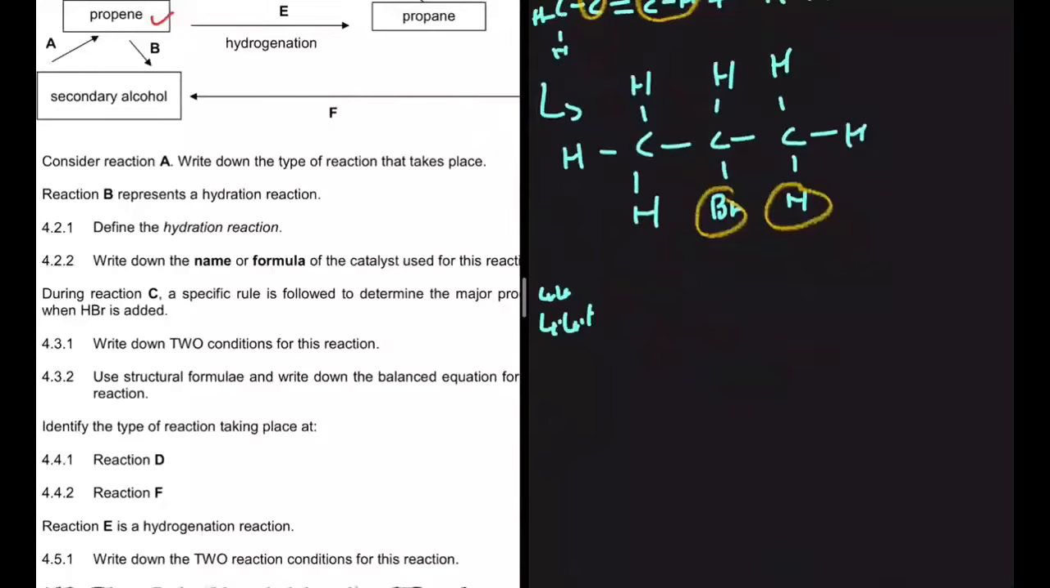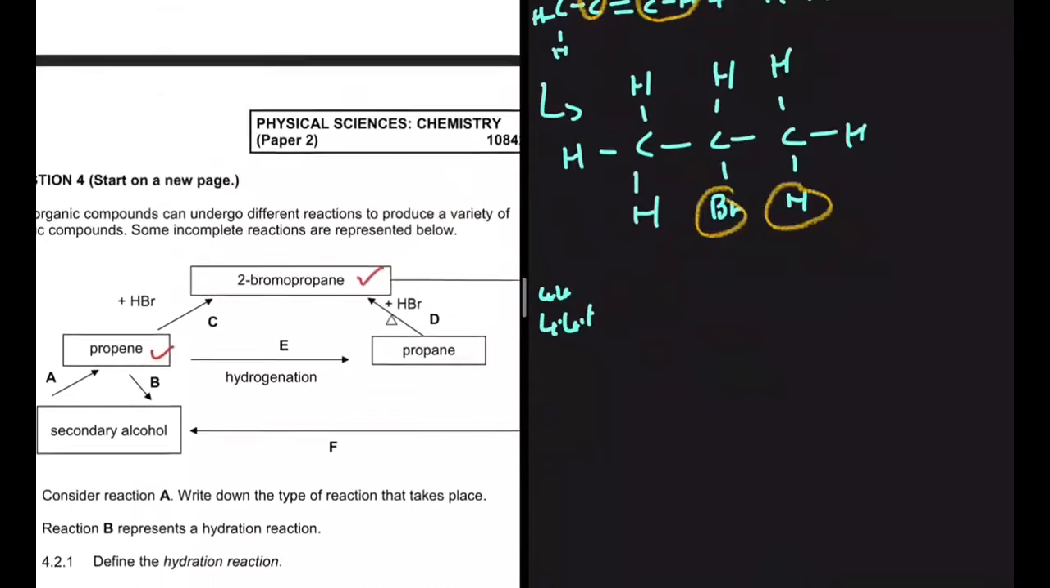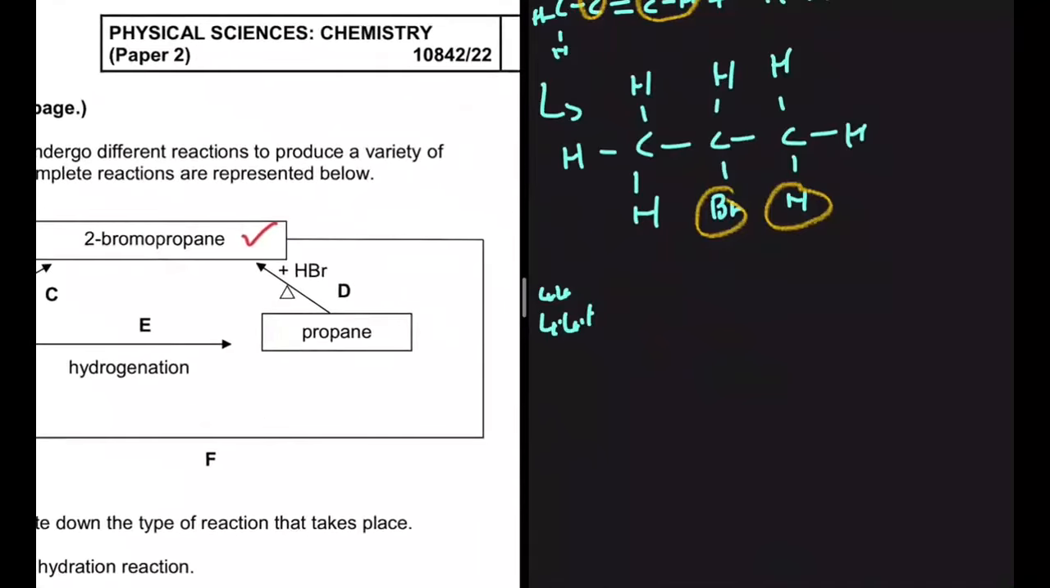4.1. Identify the type of reaction taking place at, so let's go to reaction D. Yeah, this one is going to be easy because we know our conditions. Do we start with an alkene? No. Do we end with an alkene? No. So we know that it is substitution. It is substitution. There isn't a lot to think about there. And then